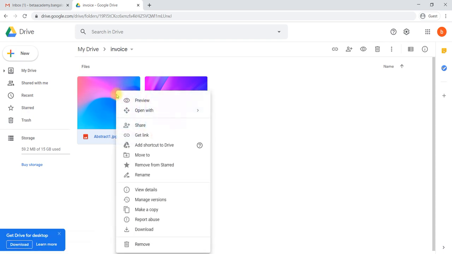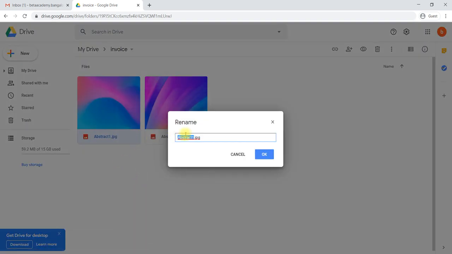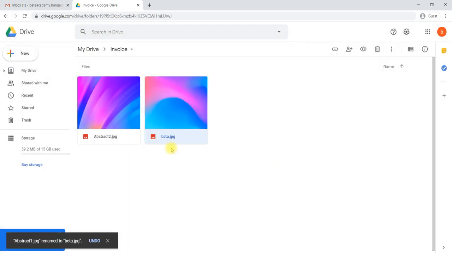Then comes rename. Rename is nothing but, for example, you would like to rename that particular document, instead of the current name I will say beta. So renaming a document we can also do.